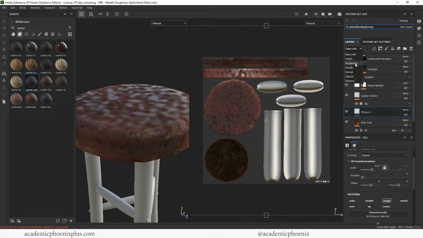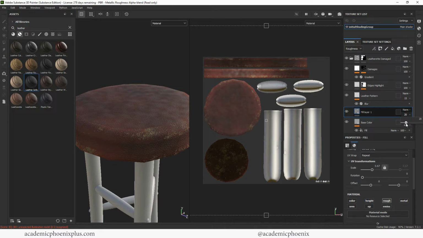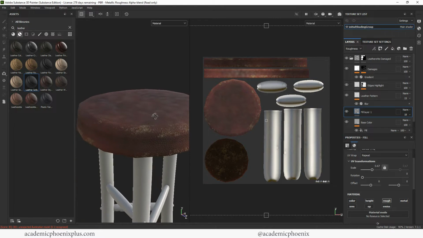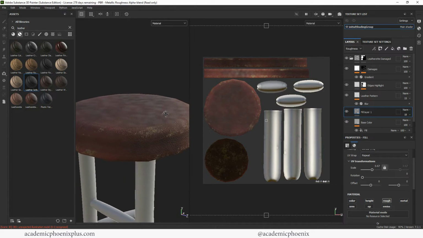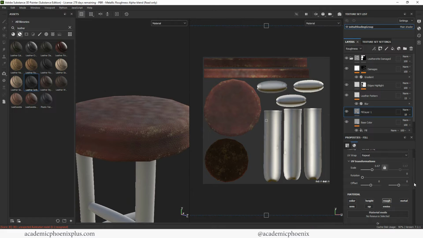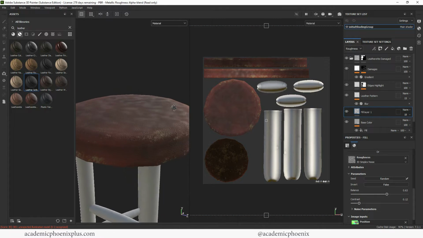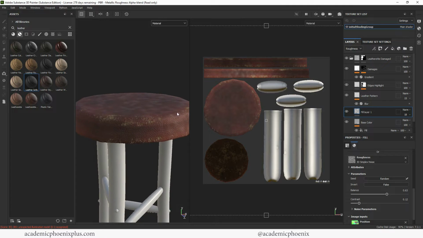So let's go into roughness, and then we can go in here and decrease the roughness. And that looks much better. So that gives me complete control over my specularity. So now I have some roughness maps, and I can still change things. So if I want more balance, maybe higher contrast, things like that. So it gives you an ability to kind of change the leather look a little bit more. So again, I'm going to reduce it even further just because I feel like it's a little wet,